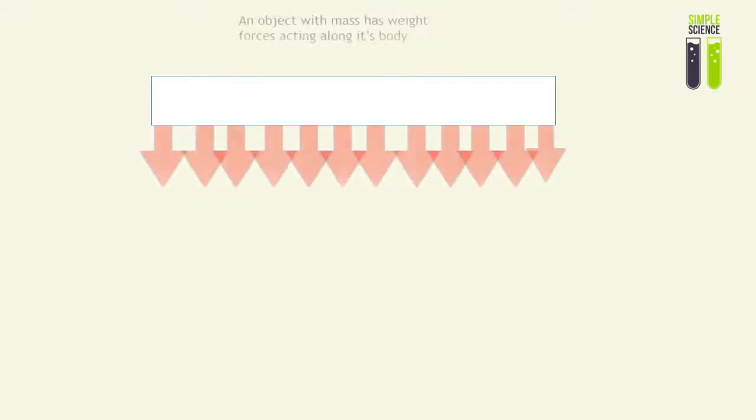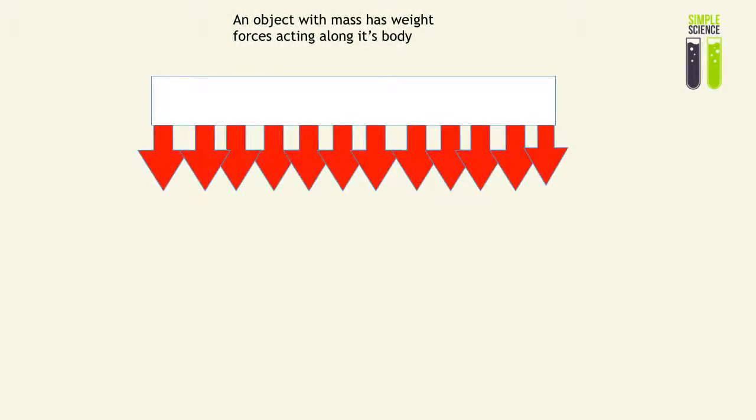Well, this object has mass, and in truth, it has weight as a result, and its weight acts in a distributed amount across its body. The weight is distributed across its body. Therefore, there are an infinite amount of minuscule little force arrows representing the forces acting on the object. So basically, what I'm trying to say is that the weight of an object, like a rectangular block, acts along